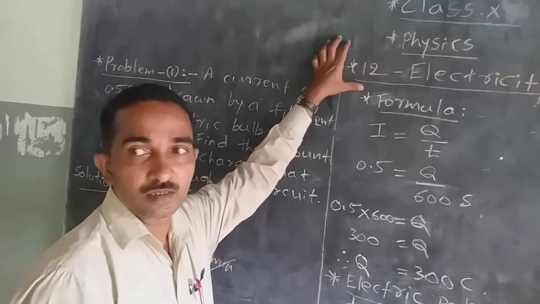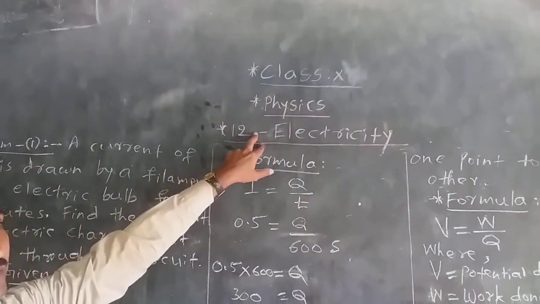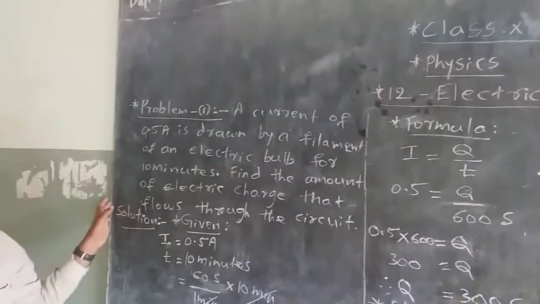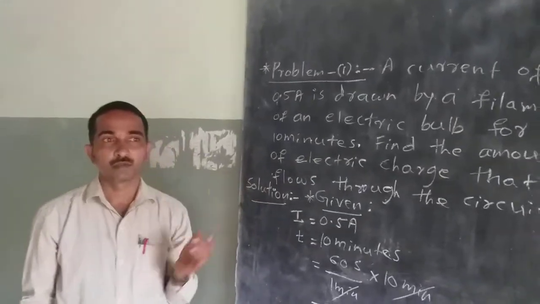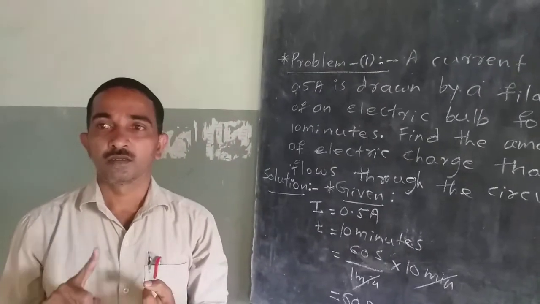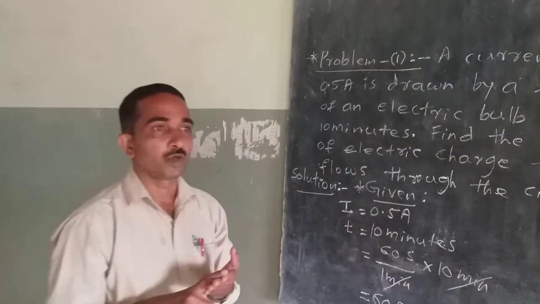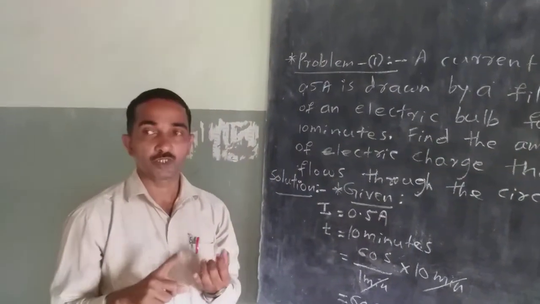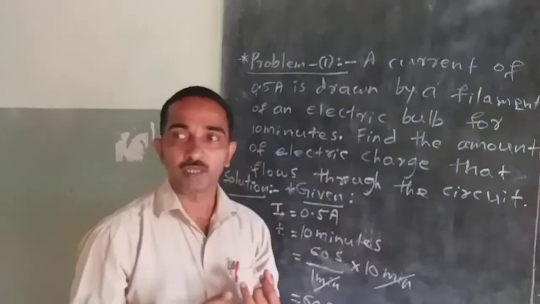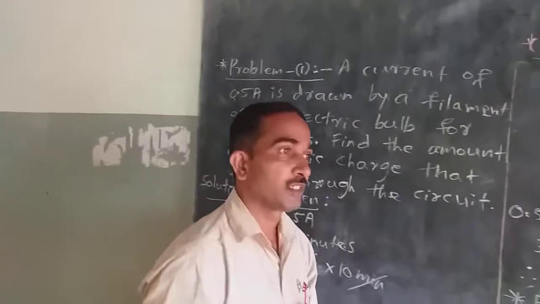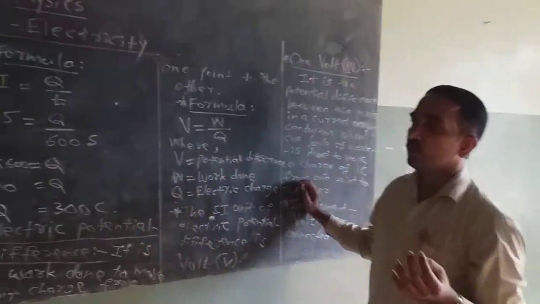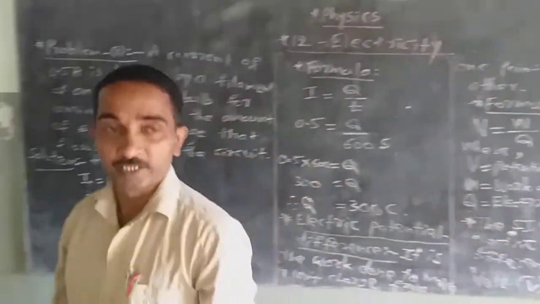In the previous class, we have studied about unit number 12, electricity. Today, I will continue the same unit. In the previous class, you have studied about electric circuit, schematic diagram of electric circuit, definition of electric current, formula and SI unit of electric current, definition of 1 ampere, instrument used to measure electric current, and what type of connection is there for the ammeter in a circuit. One more, electric charge you had studied.